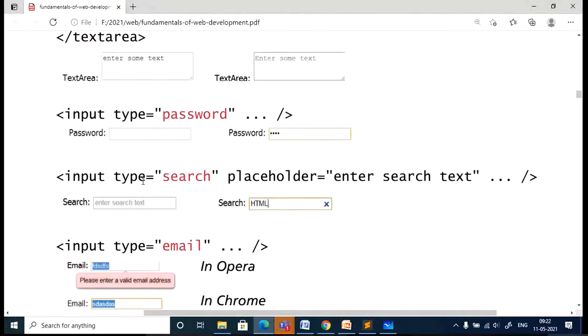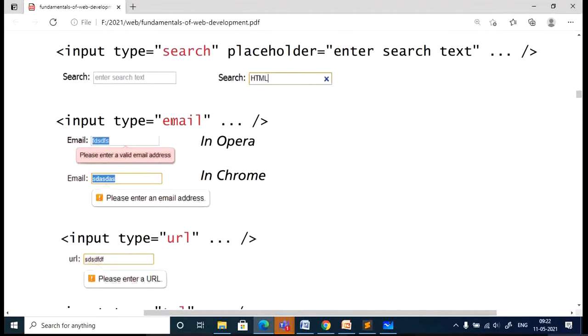Password also we have discussed. Input type equal to search, this also we have discussed. For email, you can observe here: when you try to submit, it will show the validation of the email, asking you to enter a valid email. This is done in Opera, and this is in Chrome.